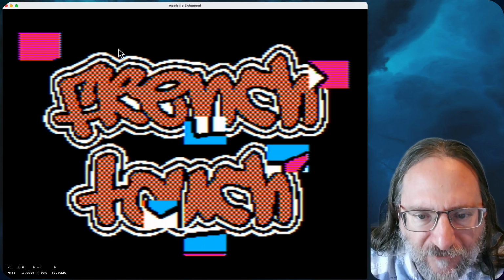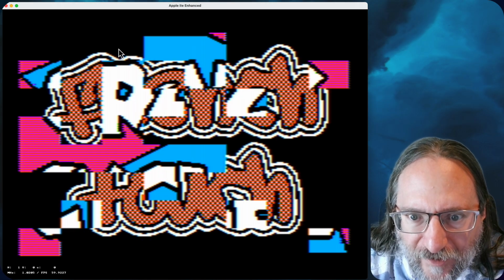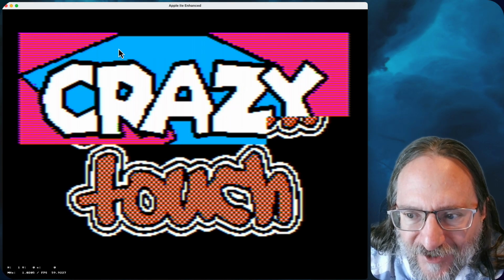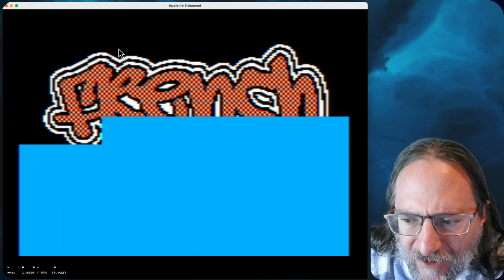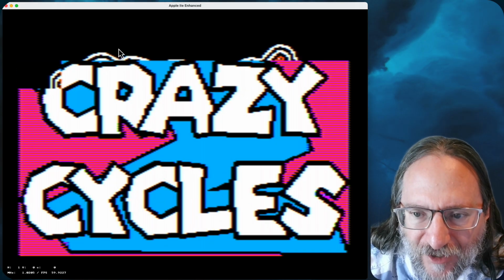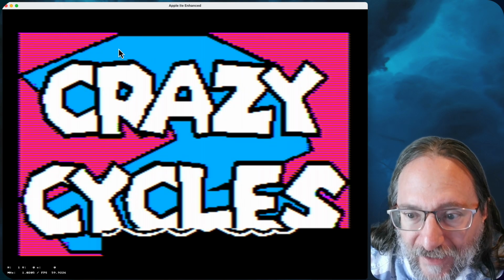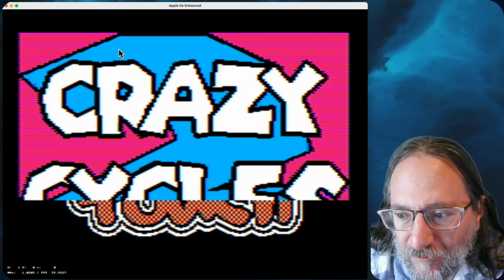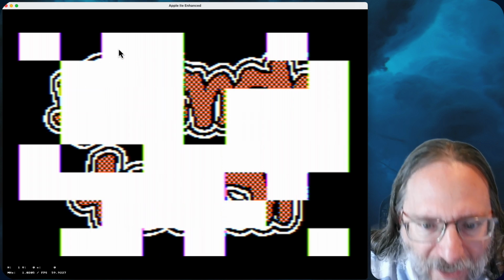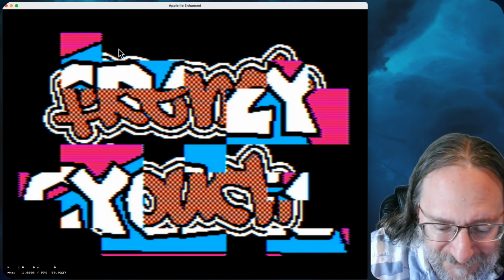So this is 2 different high-resolution images, one on each of the page 1 and page 2 video frames inside the Apple II. And they're showing parts of each by very carefully switching the page setting as we go. And of course they're also playing this crazy Mockingboard music in the background while they do it. It's very impressive.